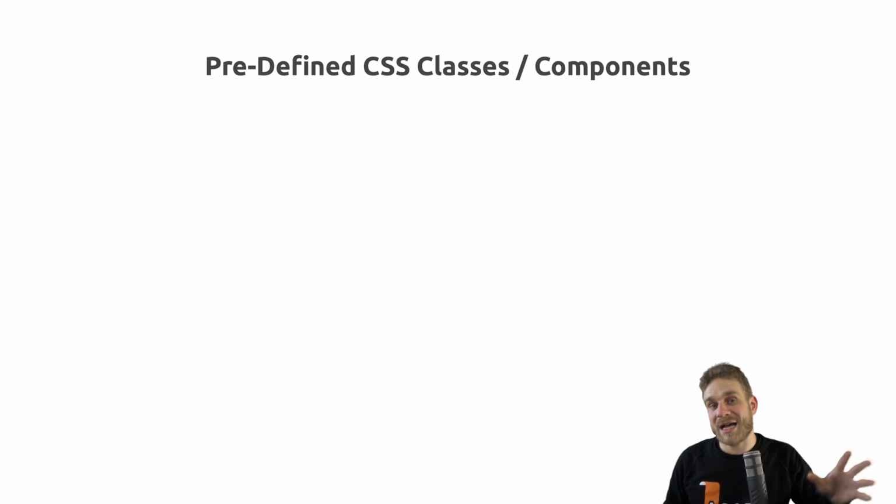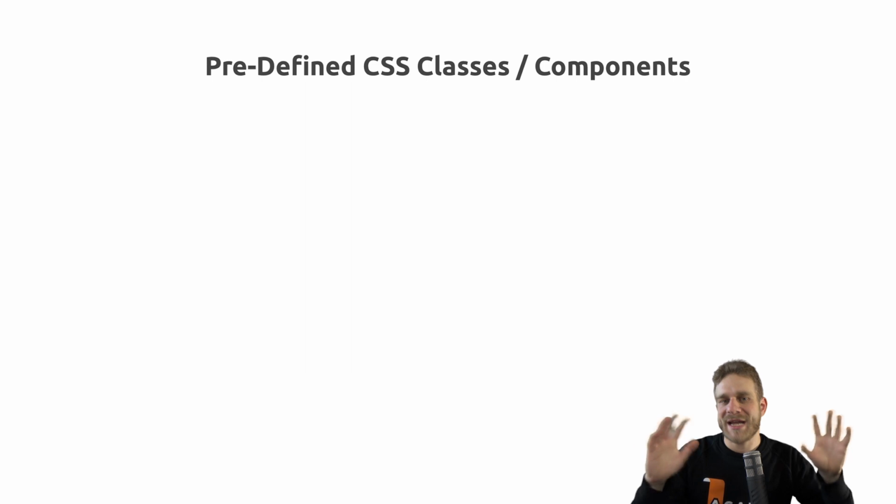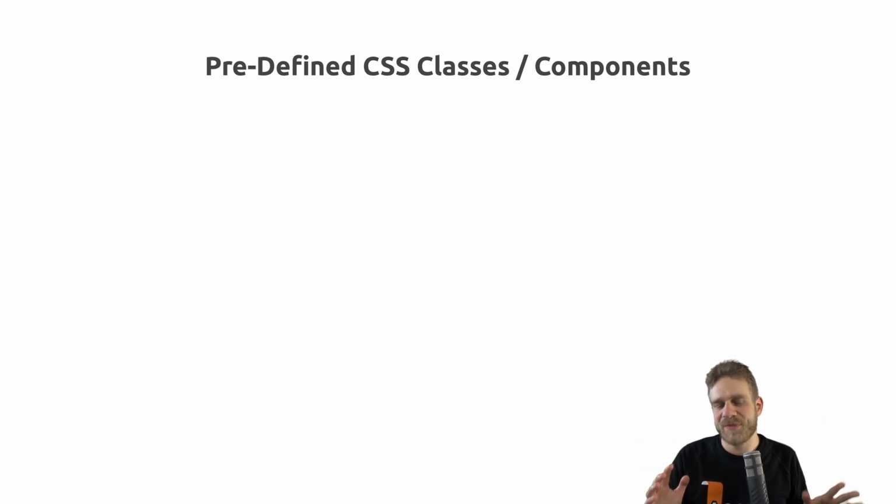The next thing and the last core feature Bootstrap ships with are the predefined CSS classes. We could also call them components, though I want to make sure that you don't mistake what I call components here with components from a Vue, React, or Angular project. You're not adding any JavaScript logic here, though technically there are Bootstrap components which also contain some JavaScript, but I'm simply talking about CSS classes which you add to HTML elements to make them look in a certain way.